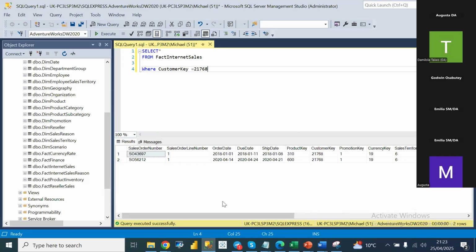We definitely need to select the customer key because we want that particular customer. We want everything that that customer has bought. And we want to select,